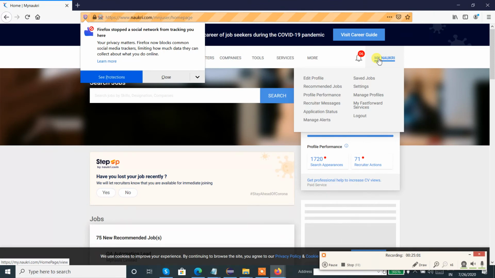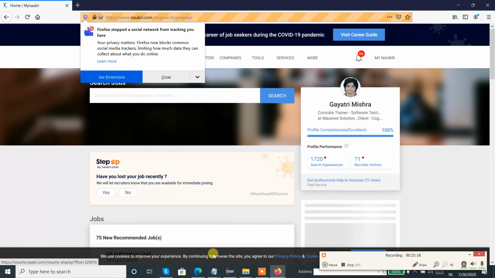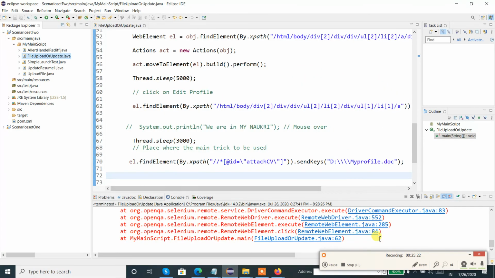I disturbed the flow again in between, so we should click on edit profile. Okay, let me go back to Eclipse and find out the issue again. Yeah, we got the error, so let's clear it.